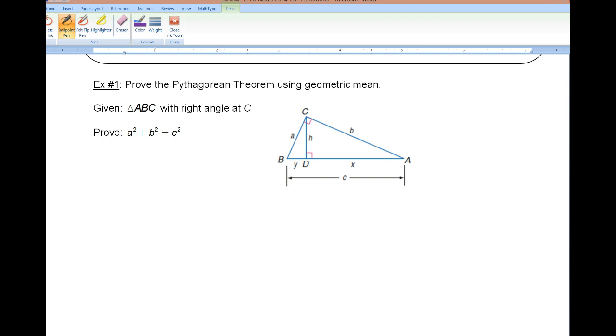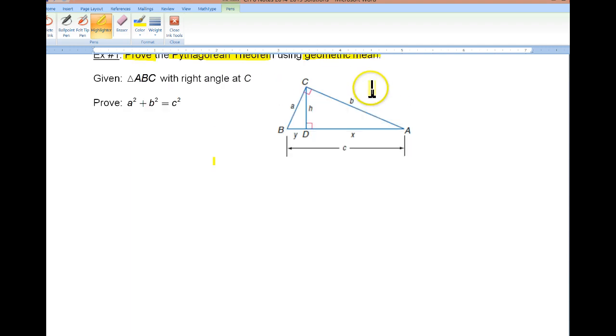So what we're going to do is look at Pythagorean theorem. We're going to prove it with geometric mean. Now that we have this idea of geometric mean, we're going to apply it. There are many different proofs of the Pythagorean theorem out there. This is probably one of the easier ones. So think here, B is a leg, A is the leg, and C is the hypotenuse, right? Okay, so we're going to use the geometric mean